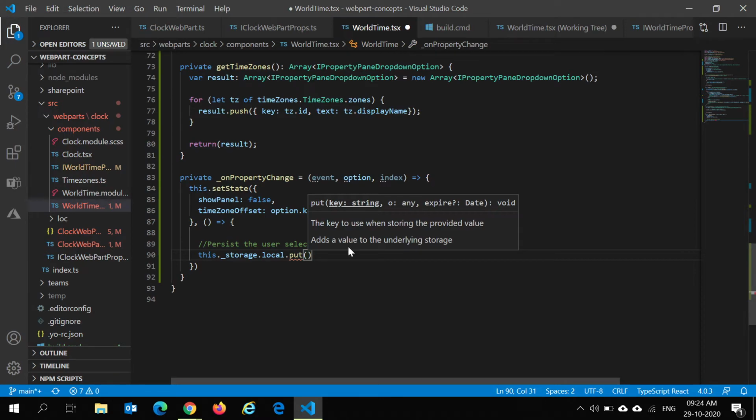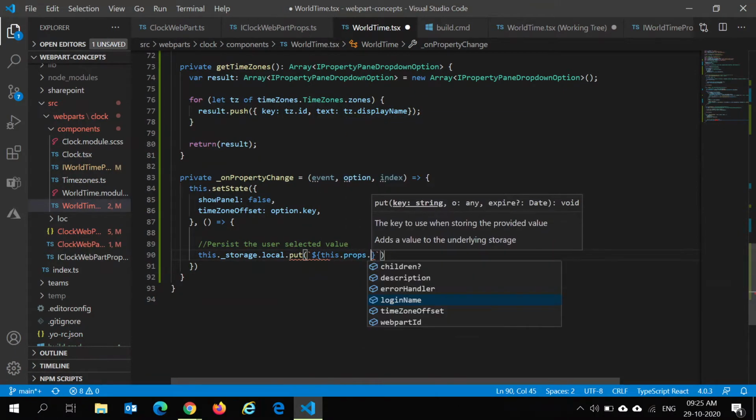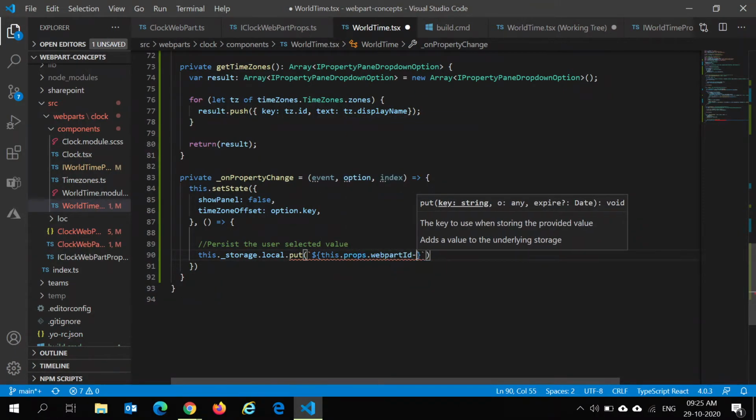And if you look here, it will accept a key and the value to store. It could be anything, and an expiry date. For the key, I'll be using a combination of the webpart ID, which is the webpart ID with a hyphen, and then the login name of the user.